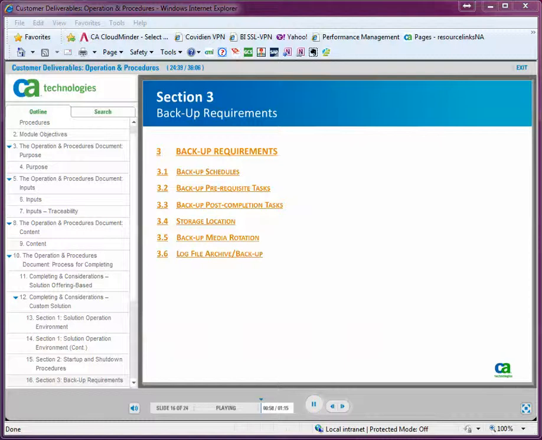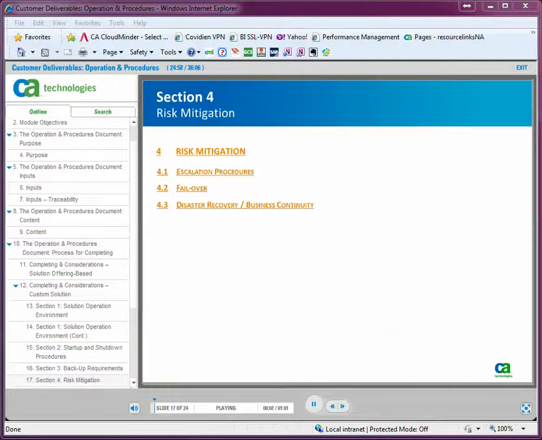You capture the backup media rotation information in section 3.5, and anything to do with log file archival and backup. And this is something that cannot be overlooked. We capture this information in section 3.6. In Section 4, it's anticipated that we'll link or reference information that is provided by the customer for risk